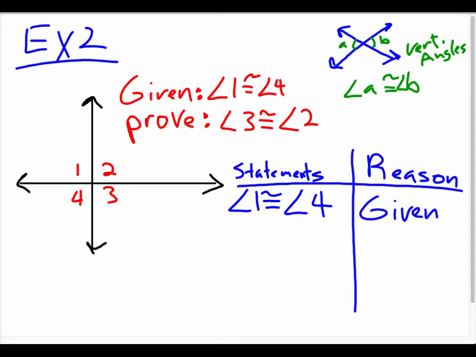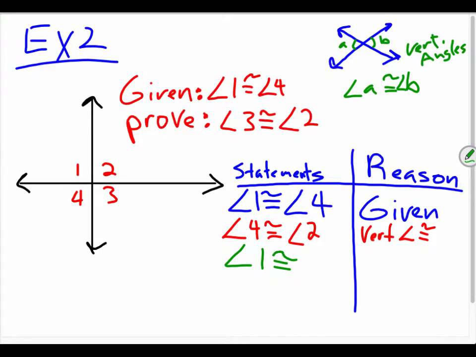Yeah, so watch this. I'm going to say, how about angle 4 is congruent to angle 2, right? And that's based on vertical angles are congruent. Can I say that? Yeah. Okay. All right, so then how about angle 1 is congruent to angle 3 for the same reason, right? Because they're vertical angles, and vertical angles are also